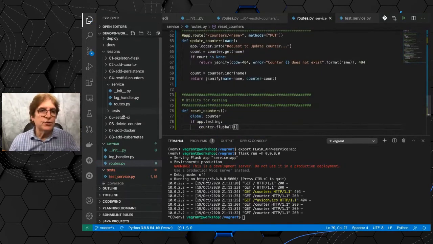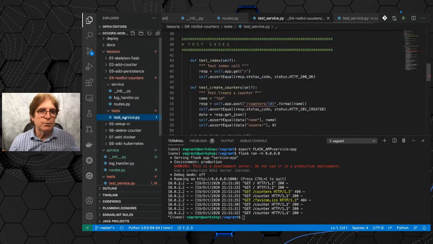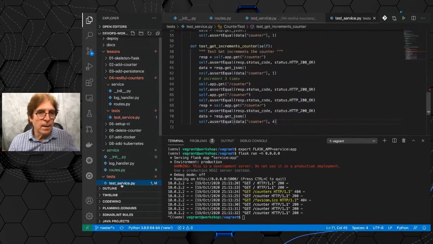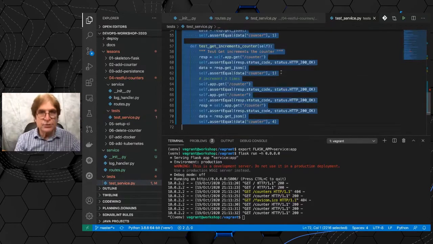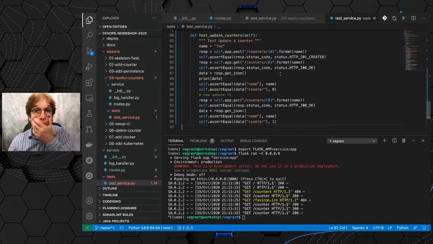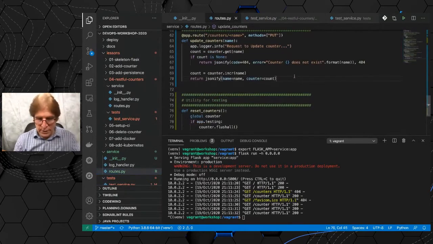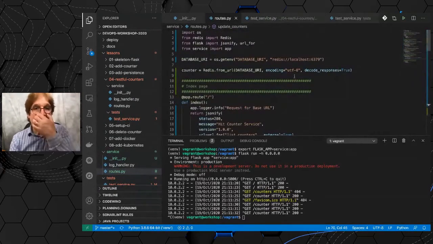And then let's just go get the new tests, and I'll explain what each of these are. We'll put these in the test service. So what you'll see happen now, and let me just go close a bunch of these. Let's get the routes here. So in the routes, you'll see that